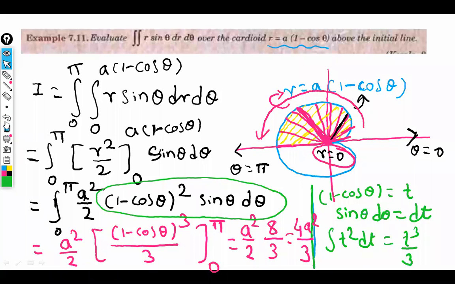Excuse me, sir. Sir, this Wallis formula is same for both sine theta and cos theta? Yes, it is the same for sine raised to n or cos raised to n. You can get 100 out of 100, definitely, provided you have done all these examples and you do not make any silly mistakes in any of these questions in the exam.